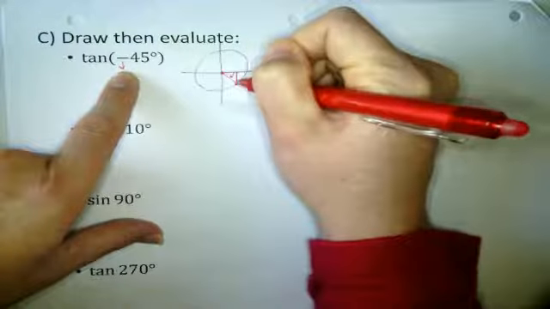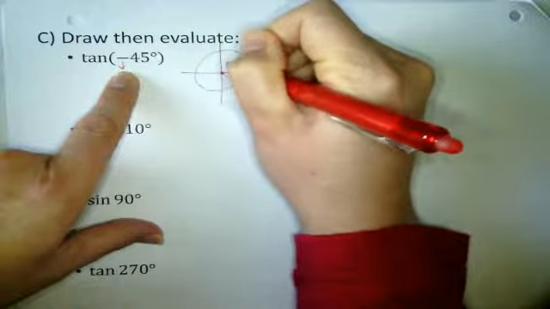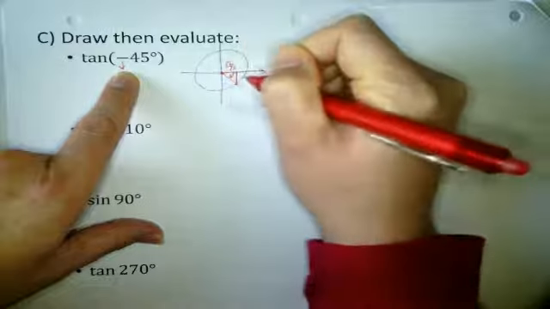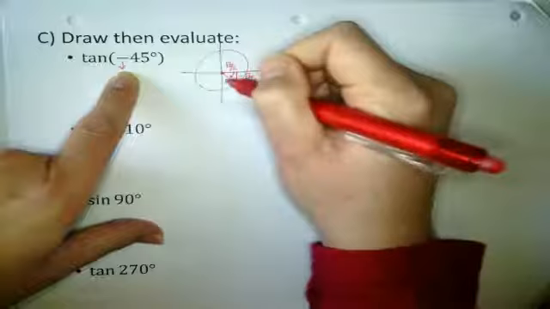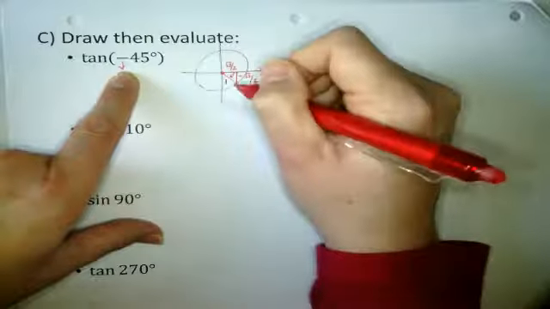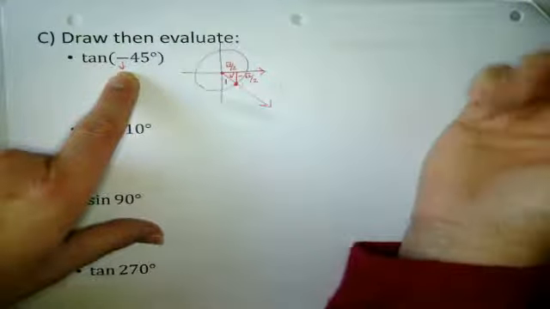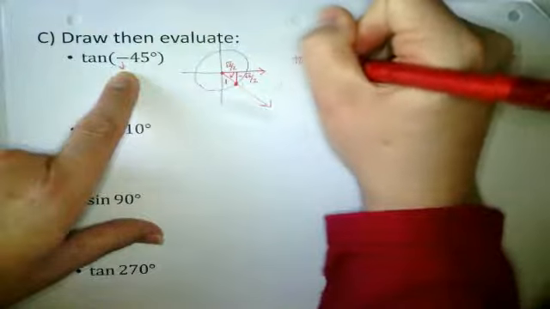This is a 45-45-90, so these have the radical 2s. So this is radical 2/2 to the right and negative radical 2/2 downward with a hypotenuse of 1 inside that unit circle. Very cool. So if we want to do the tangent,